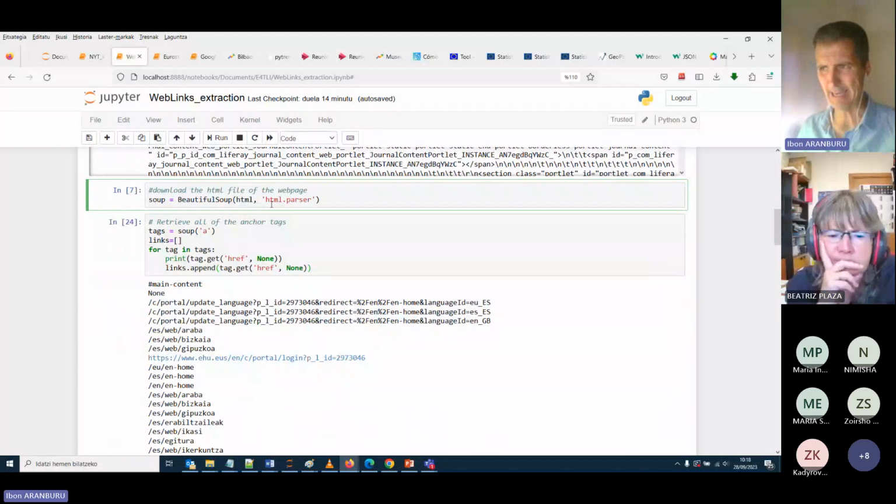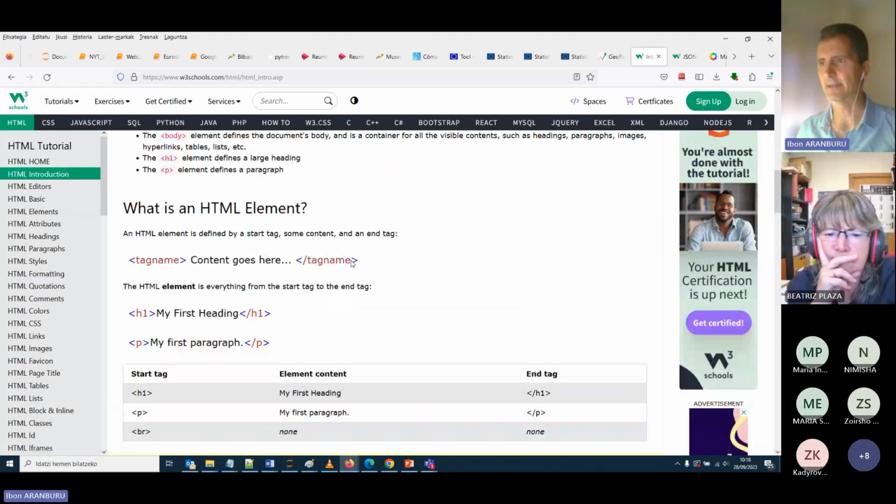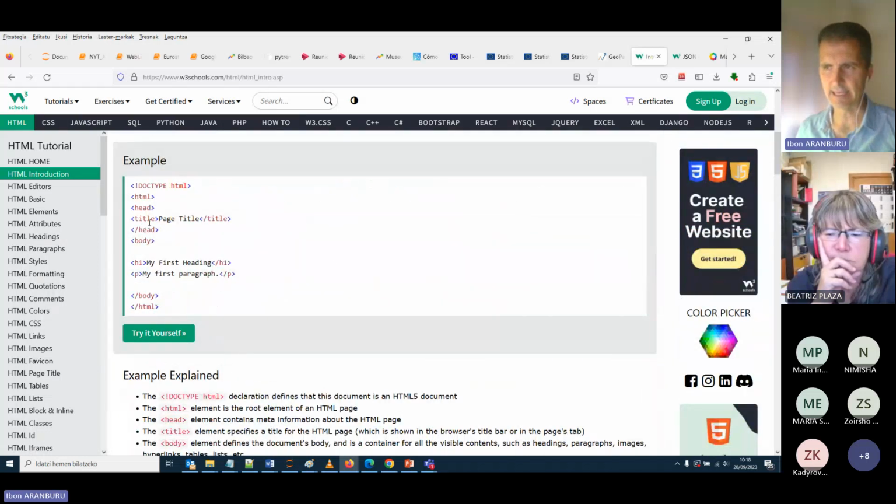And the library Beautiful Soup knows how to parse the HTML code, okay. So now once the code of this text is already parsed like this, taking into account the different labels and the different markups,